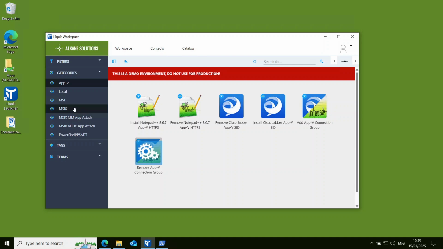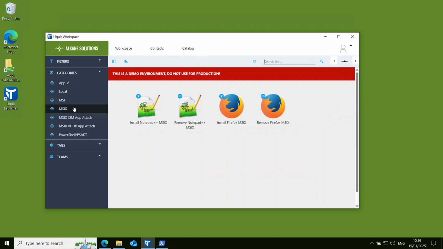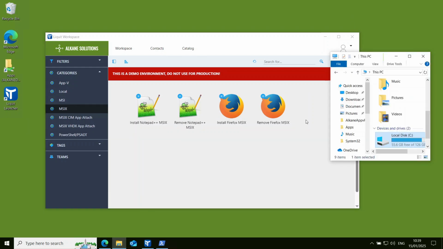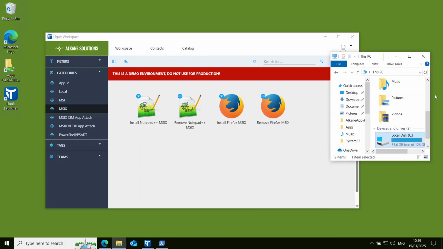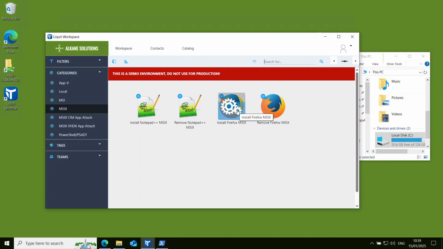The next example I'm going to take us on to is how we can deliver MSIX packages. Now, before I show you Firefox, I just want to show you what disk space we've got available, because this will take me on to the next example. So you can see we've got 70.7 gigabytes of used disk space. And if I add this MSIX package,